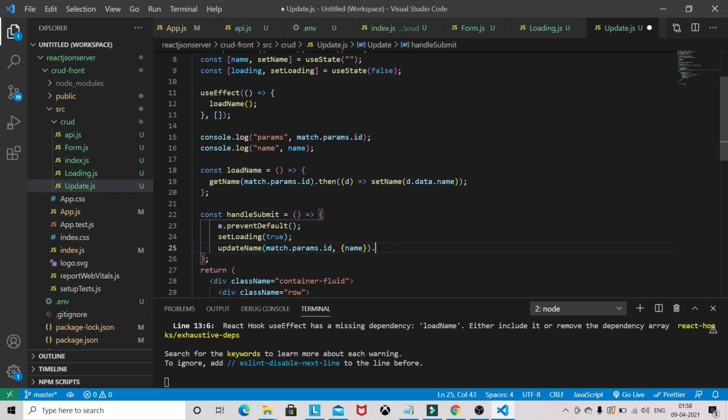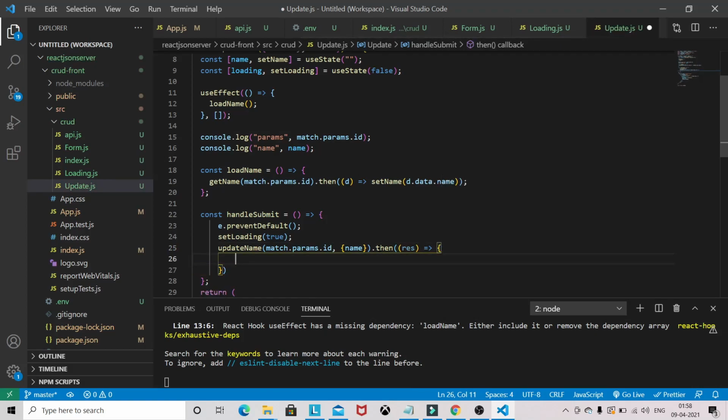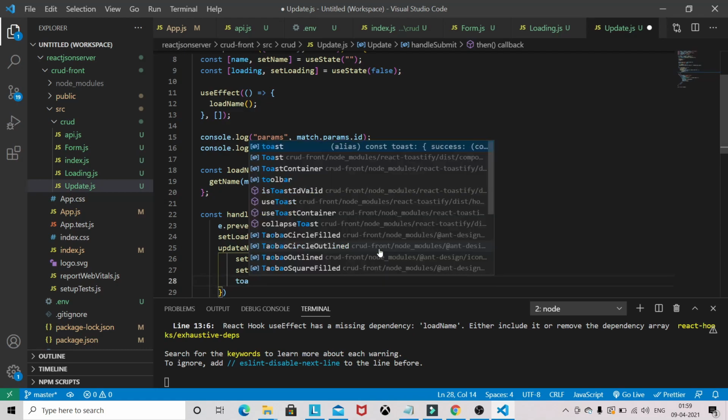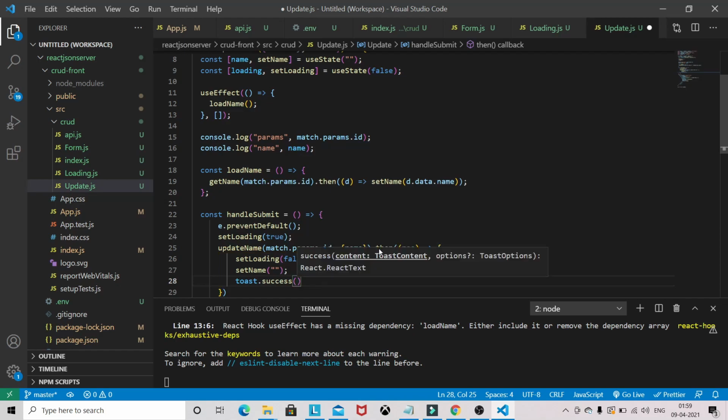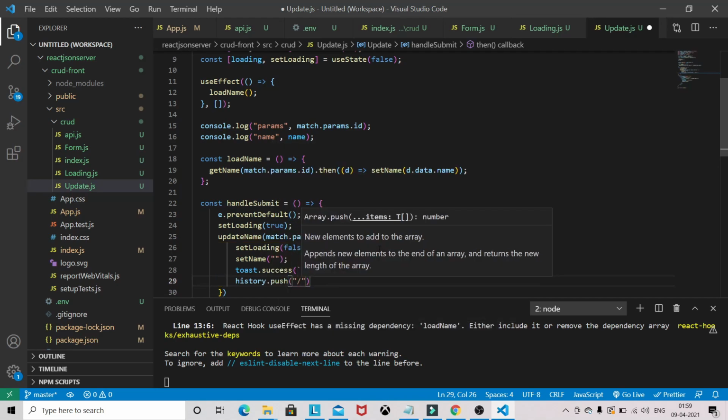Then it's loading for setName, put success. After a successful update, we will push to the home page.